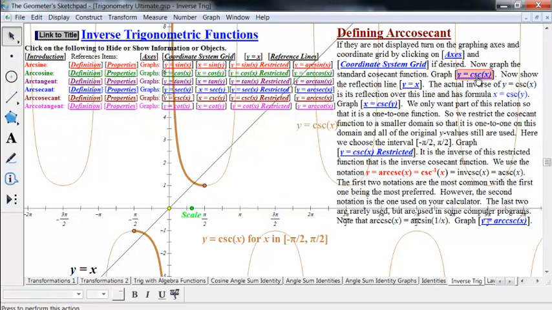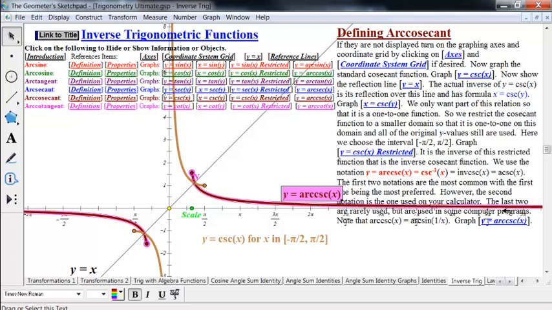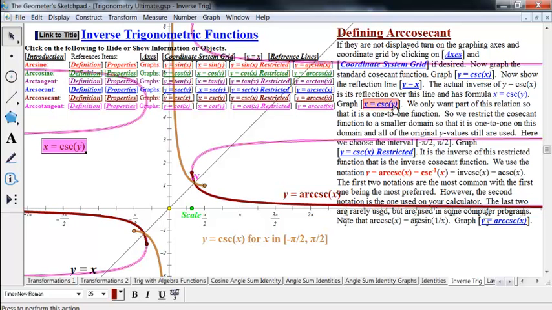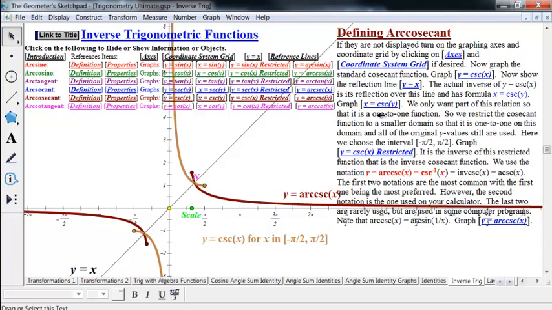So if we take that and reflect it over the line y equals x, that will give us our arccosecant. Notice that graph is part of the graph of x equals cosecant of y, but it's not the only values where x equals cosecant of y. There are infinitely many places here, but if we do this, this will be a function, in fact it'll be a one-to-one function, so that if we put in an x value, that will give us a specific value, y,